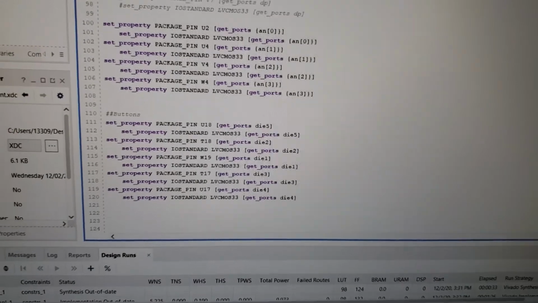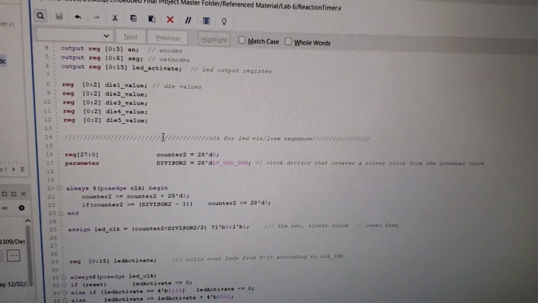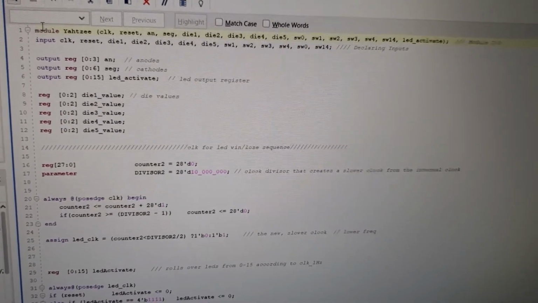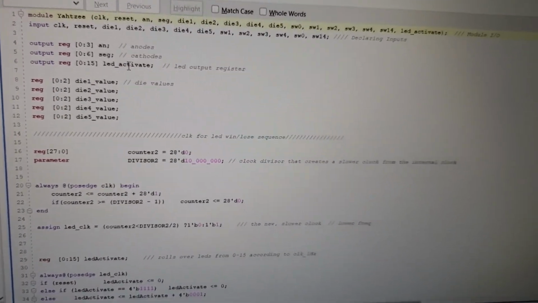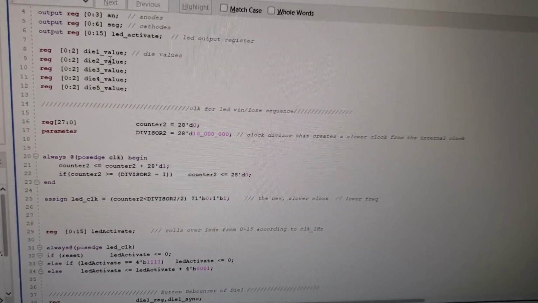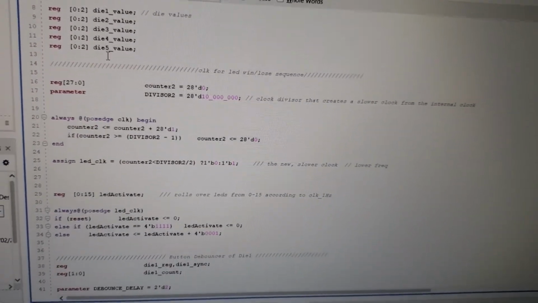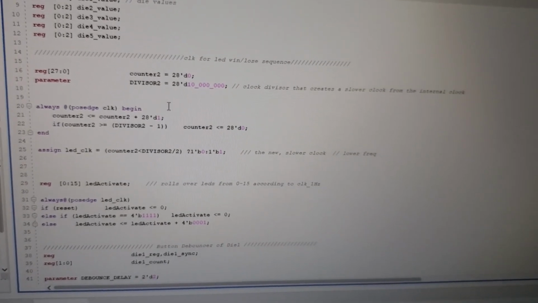the die. So we go into our design here, and we have our module as Yahtzee with all the inputs and outputs, the LED and the 7 segment outputs. We have all these registers to hold the value of the die. We have this clock that I found online, but I changed things around so it fit